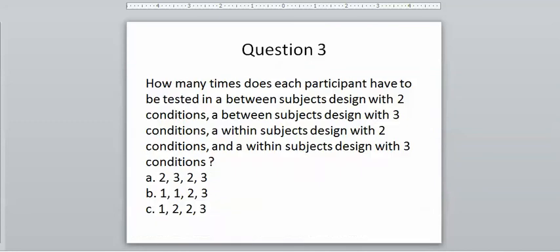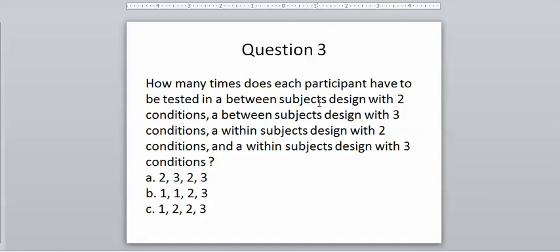Now what about number 3? How many times does each participant have to be tested in a between subjects design with two conditions, a between subjects design with three conditions, and these two within subjects designs with two conditions and three conditions? Well, in a between subjects design, you only have to test each participant one time,